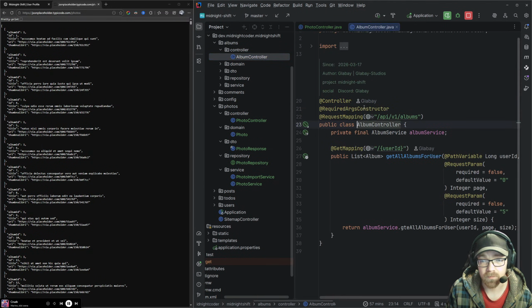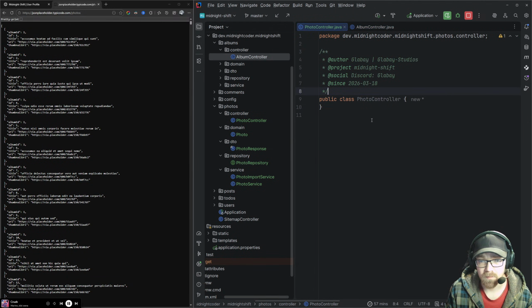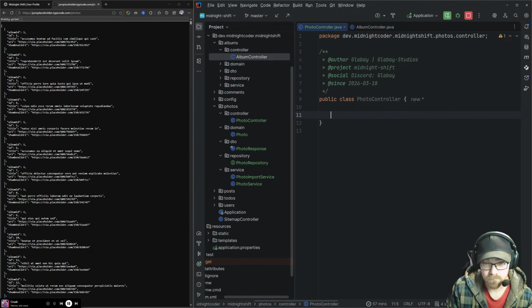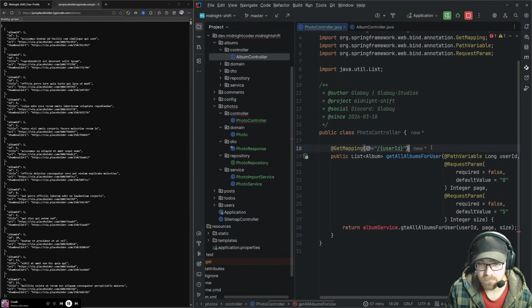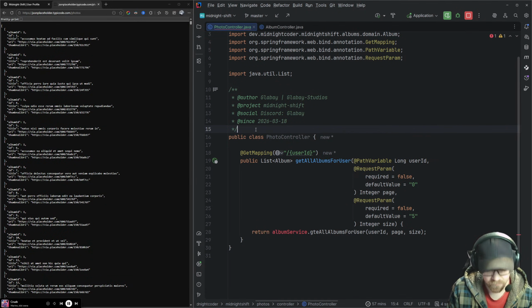Okay, this is where I need a reminder. Oh, okay. I'm just gonna copy this for now. Okay, I just want to be able to see what I'm doing here. All right, so this is photo controller.